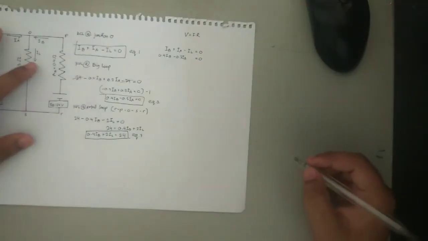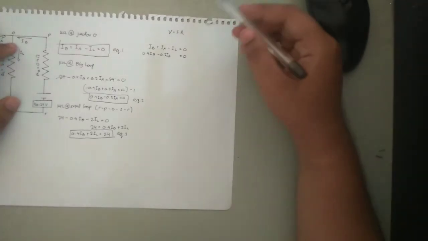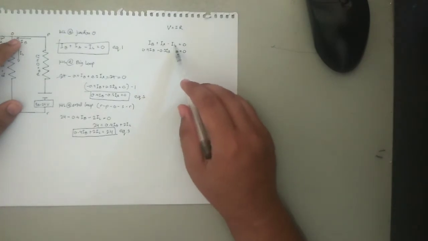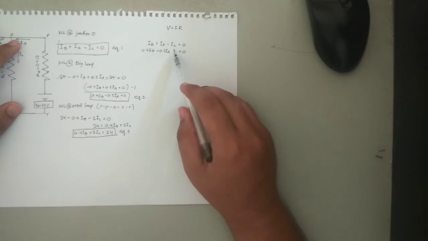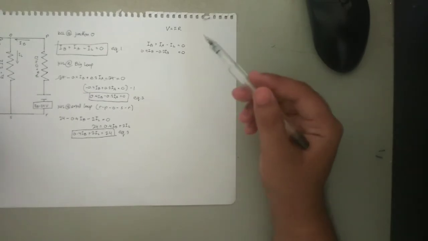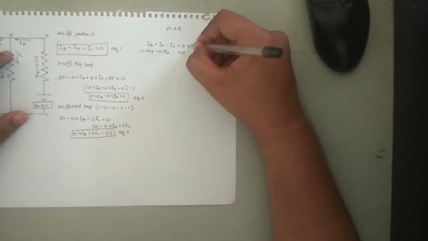There we go. So we want to eliminate one variable. So we cannot eliminate IL, okay, because we do not have an IL here. Okay, so the easiest thing to do here is to eliminate IA by multiplying the first equation with